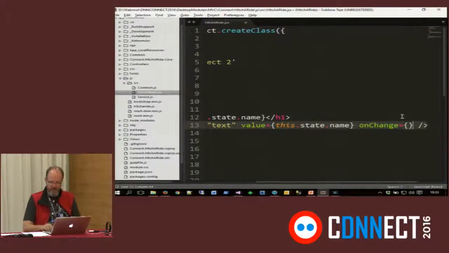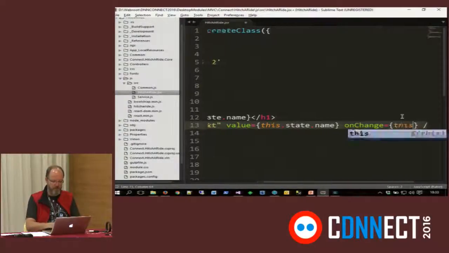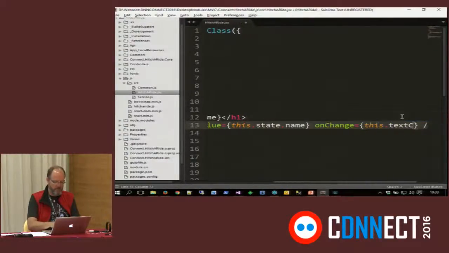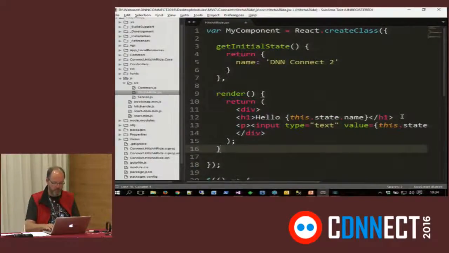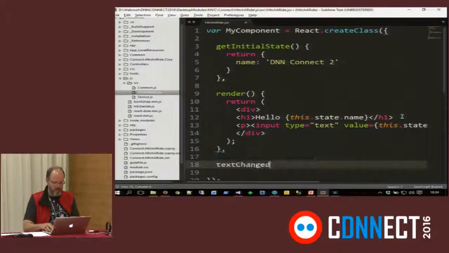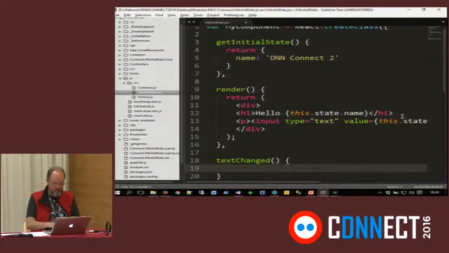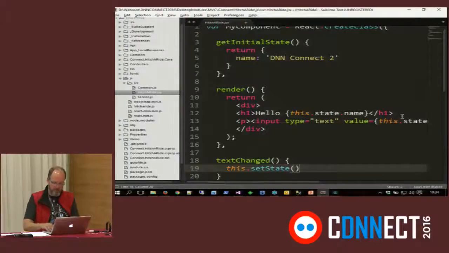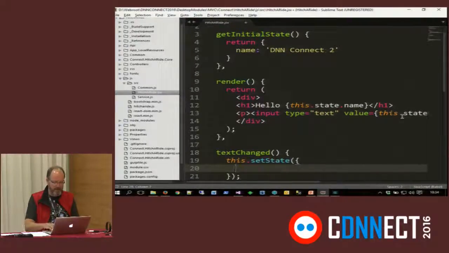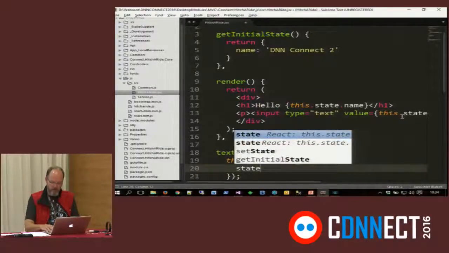Now we need to create a method to handle this. So I'm going to go for this dot text changed. And here I'm going to create a method text changed. And in the text change, I'm going to go for this dot set state. At this point, you're probably figuring out what this does. This actually changes the state. Name,